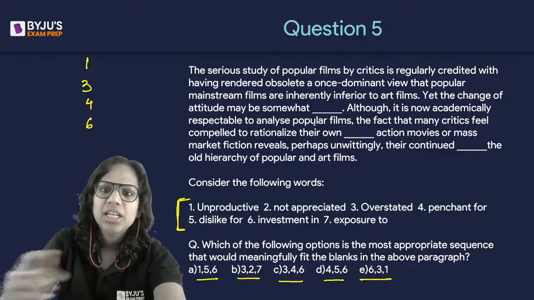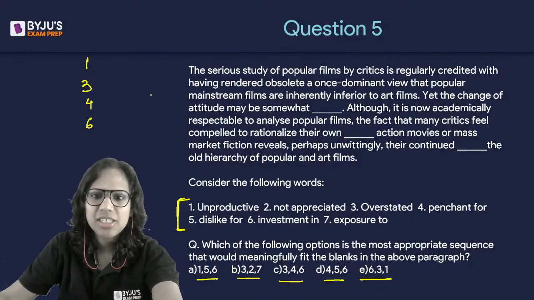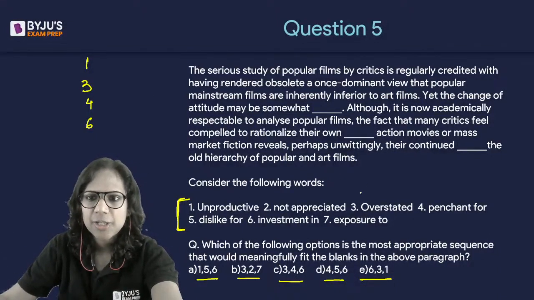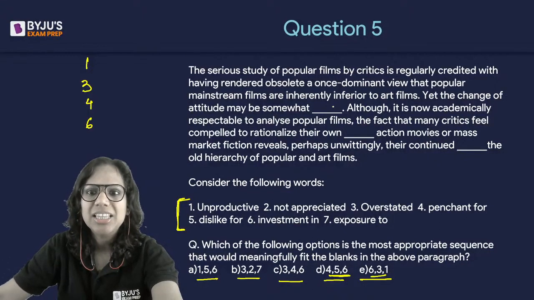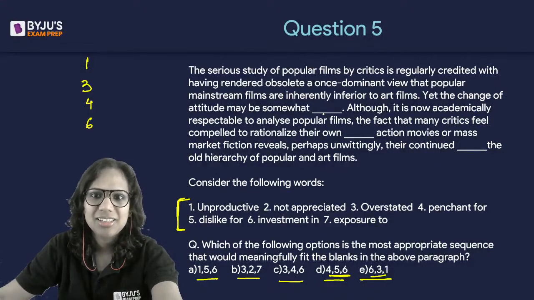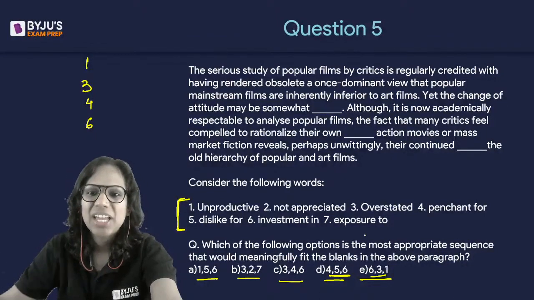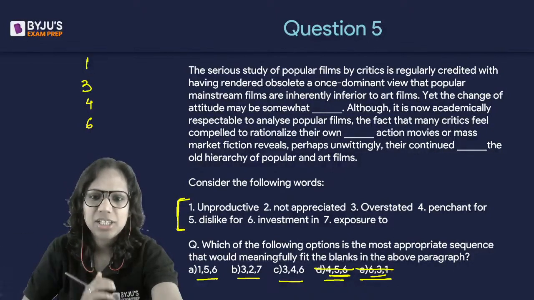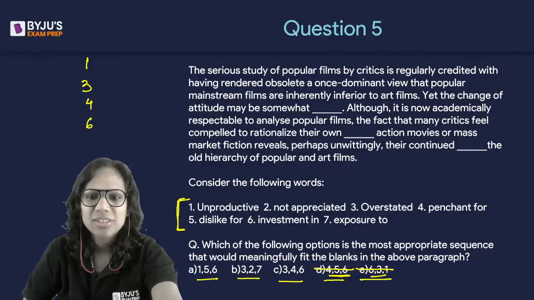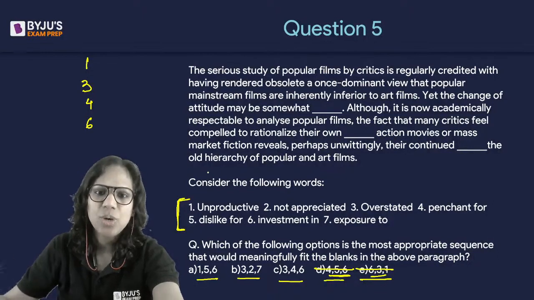Okay. See, two options can be very easily eliminated here, right? If you look at 4, penchant for, and 6, investment in, they can't end a sentence, right? Somewhat penchant for, somewhat investment in does not make sense. So grammatically it does not make sense, right? And therefore D and E are eliminated. So we are left with 1 and 3. It's either 1 or 3,